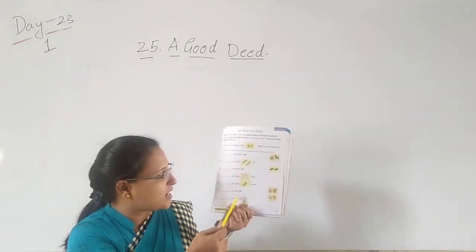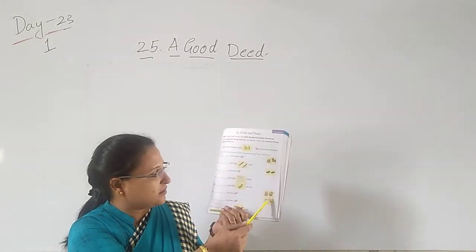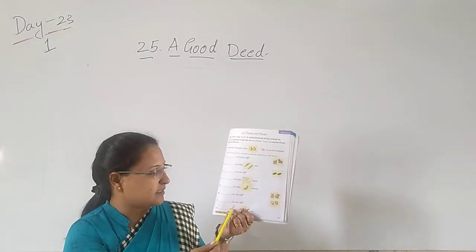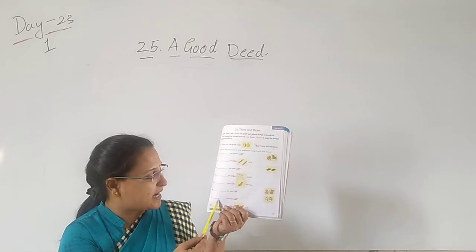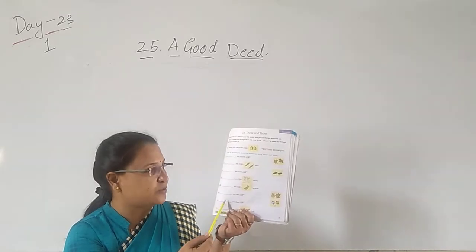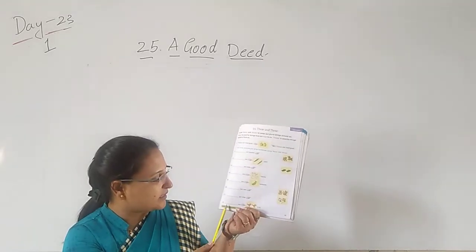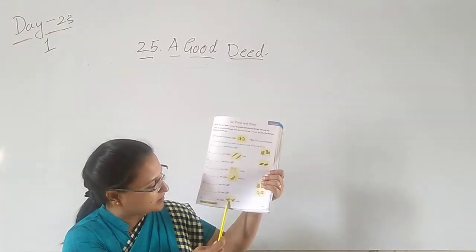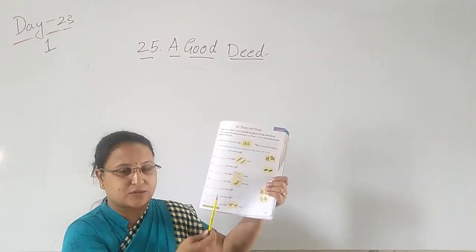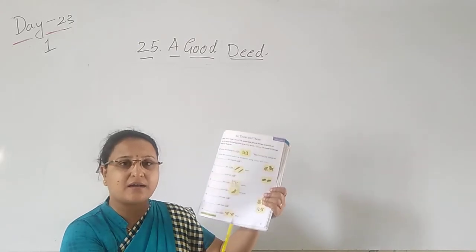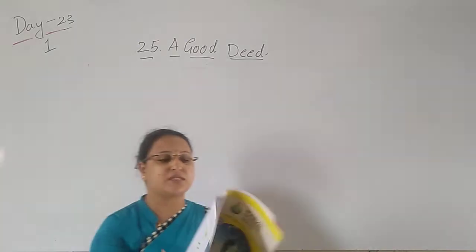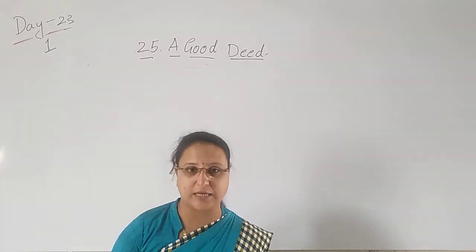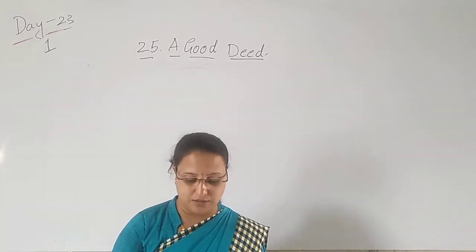Next, dash are cats. Cats are far away, so those are cats. Kites are also far away. Dash are kites, those are kites. Dash are birds. You can see the birds, two small birds, and they are near. So we use these are birds. So these and those are used for the things which are more than one. That means which are in the plural form.